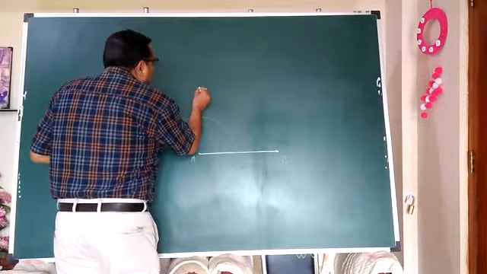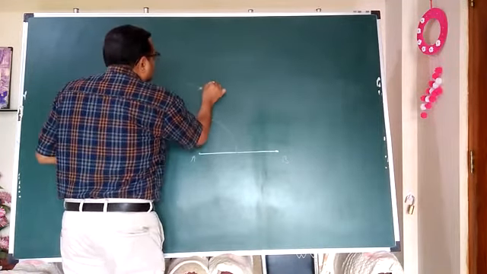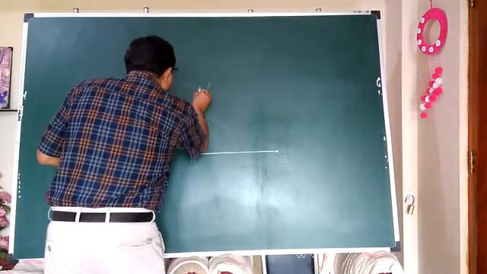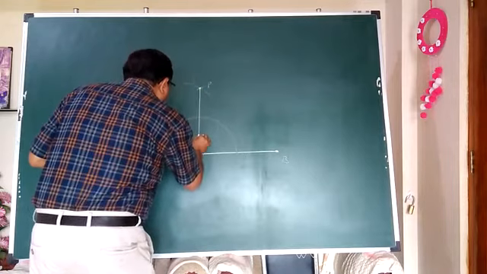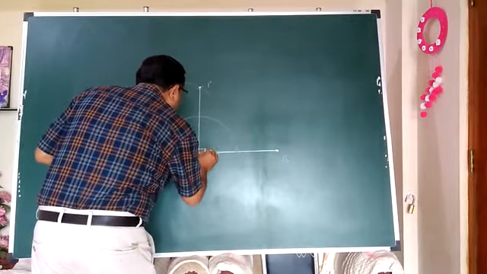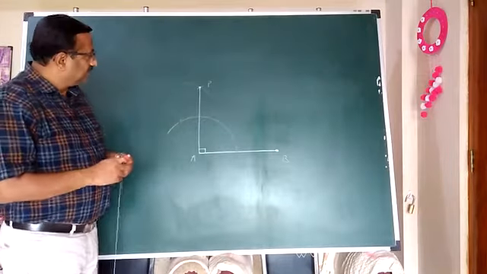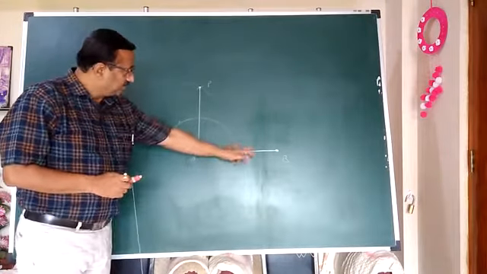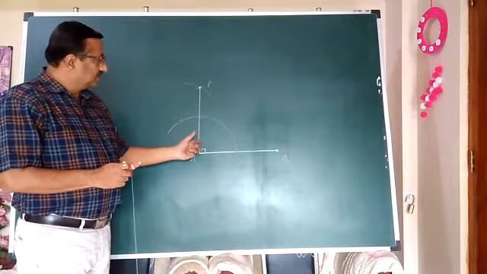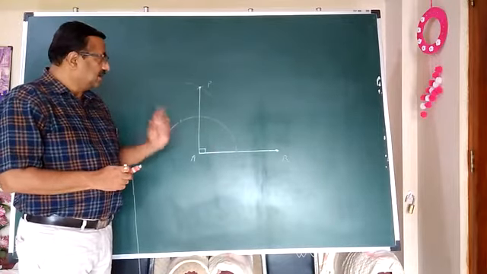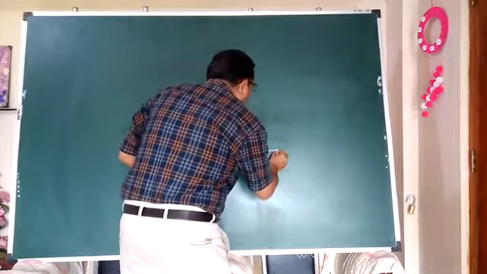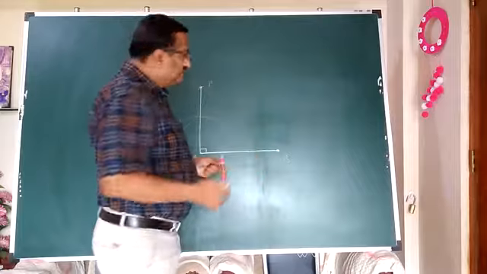Now the intersecting point, suppose this is point P. Now when we join this P with A in this way, it will yield us the desired solution of the perpendicularity effect. Means now this line AP is perpendicular to AB. You can check by protractor also. You will get exactly a 90-degree angle here. Now repeat the same procedure and get the perpendicular line through B. What is the question?